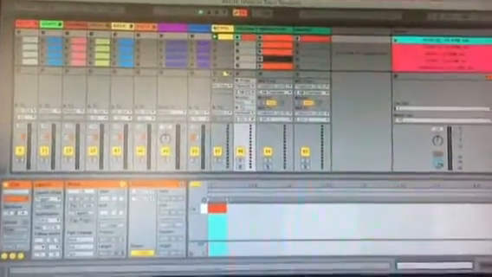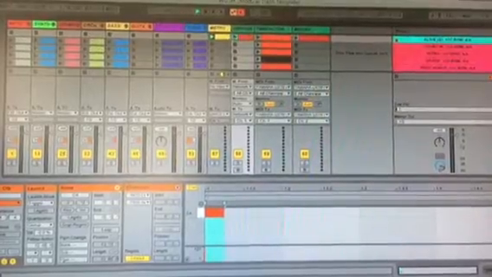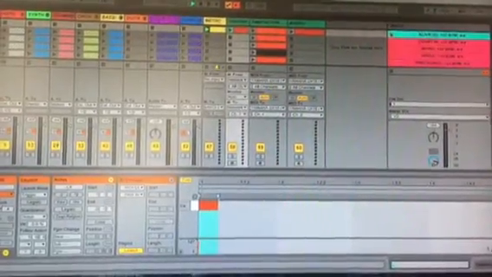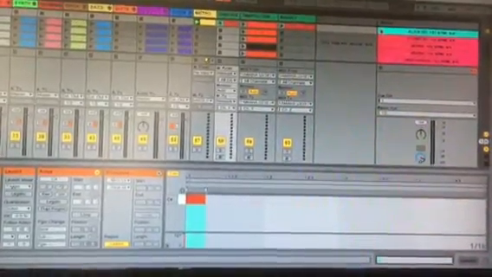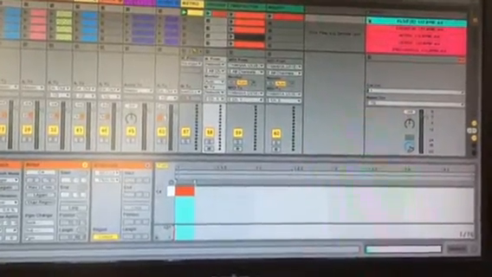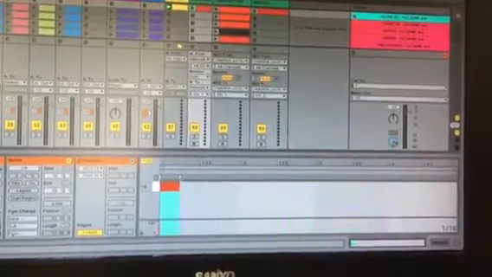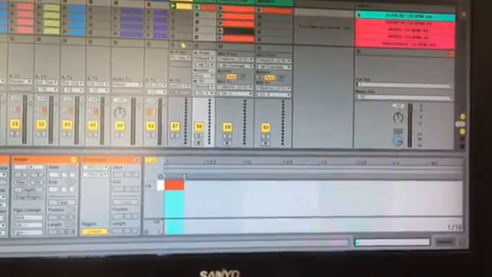Hey guys, I just wanted to make a quick video showing you how I do my setup live. This is something you can use if you're using Ableton Live, say for running tracks or just for a click or anything like that. And if you're a keys player or a guitarist, anything like that,